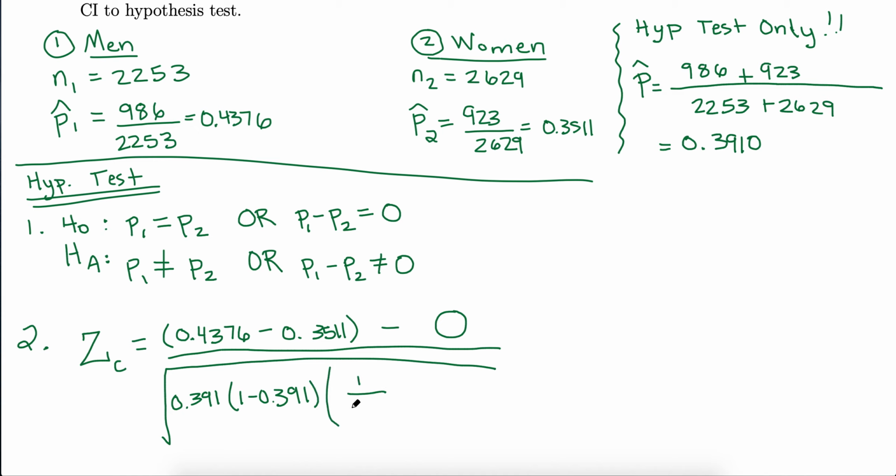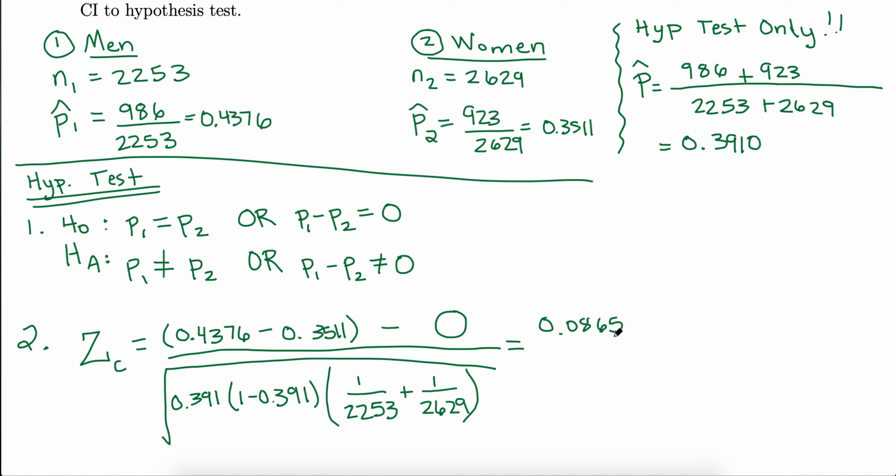So when we pulled out that common proportion, so 1 over our 2253 plus 1 over our 2629. Again, all of that's under 1 square root. I'm going to work this out in 2 steps because there's a lot of room for error in the calculator. If you work out the numerator, we get